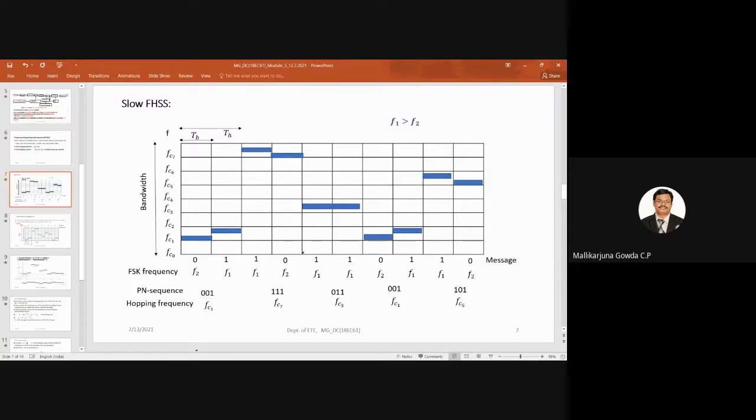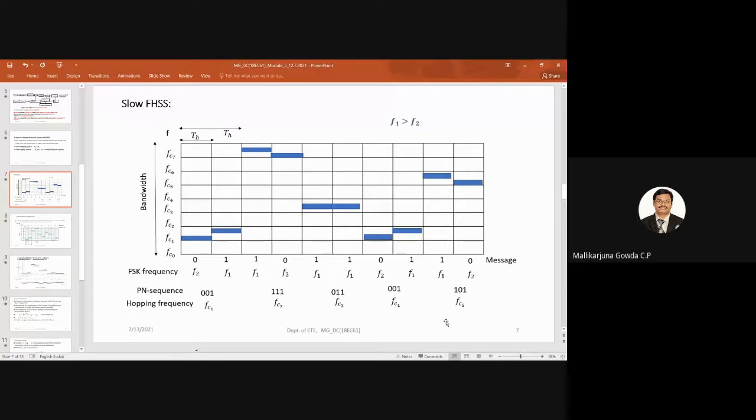Okay. And the next symbol is what? It is 1. So that will be transmitted with frequency F1, but my hopping frequency is FC3, right? And the next bit is also 1. So that is also transmitted with frequency F1. That is why for both the bits, it is written with hopping frequency of FC3 plus F1 and FC3 plus F1. And next is what? The hopping frequency is FC1. Okay, this bit is 0. I am transmitting that with F2. That is why I can say it is FC1 plus F2. And this one is FC1 plus F1.